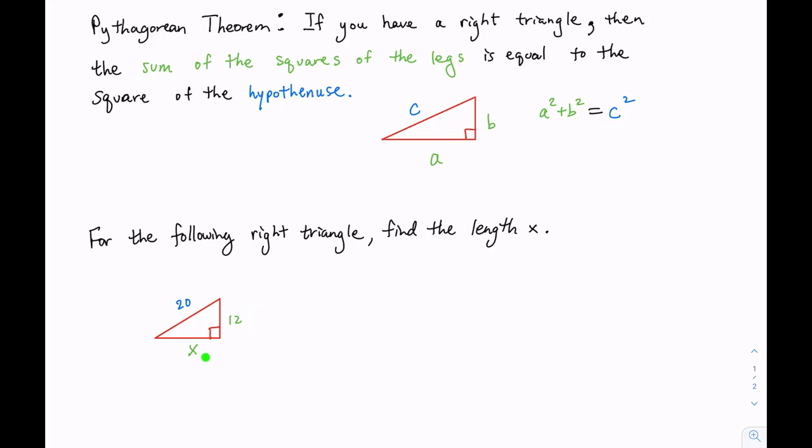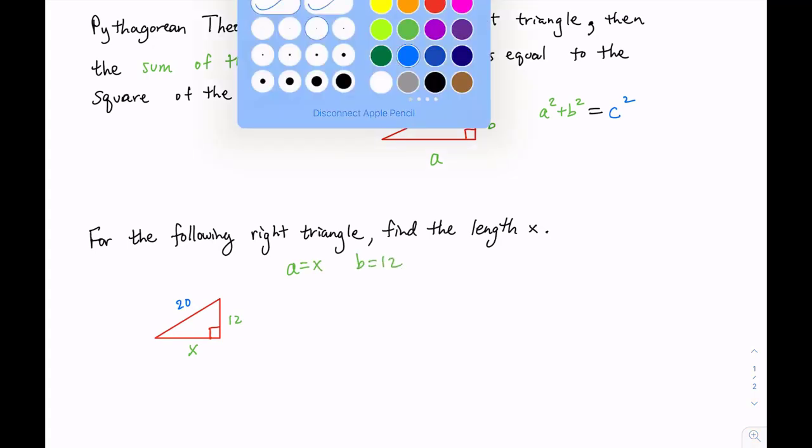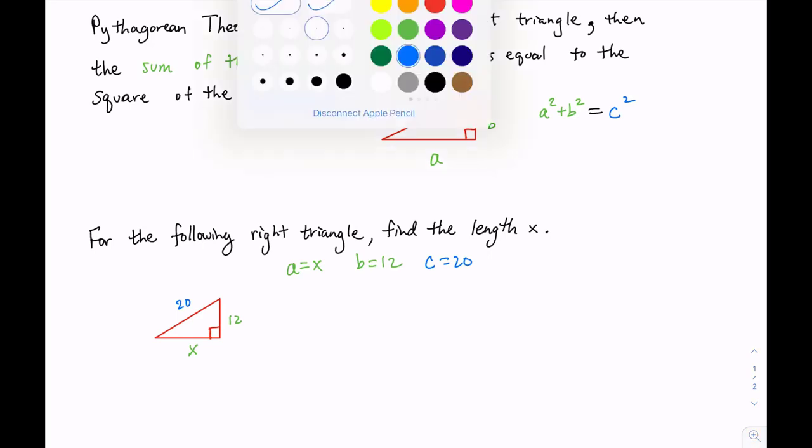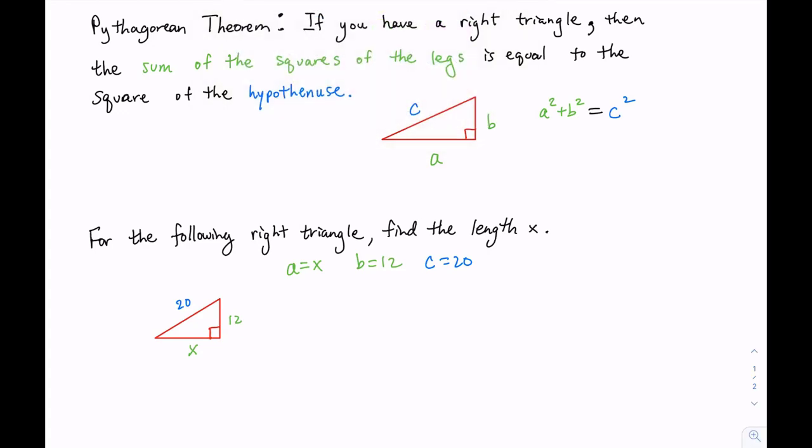Let's say there is a missing side in a right triangle. How can we find the length x? If you know the hypotenuse is 20 and one of the legs is 12. Let's work it out. So in this case, A could be x, B is 12, and C is 20. It's always good to write down your substitutions,